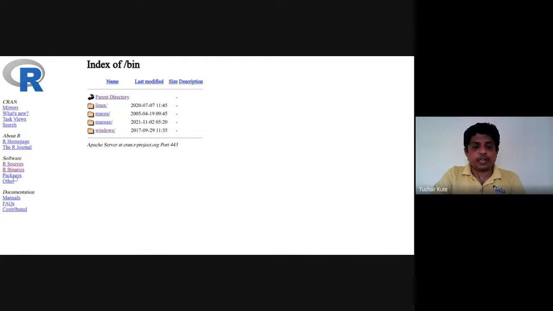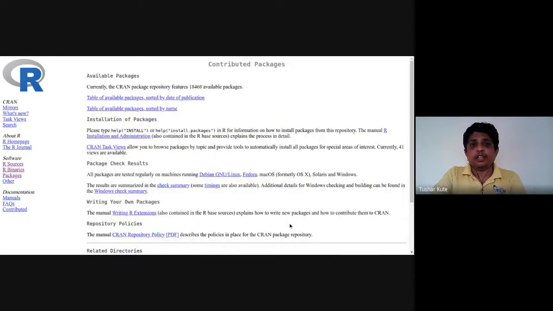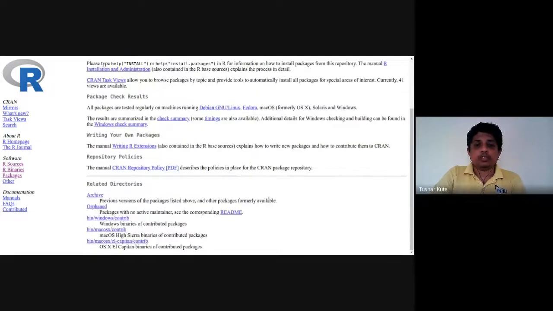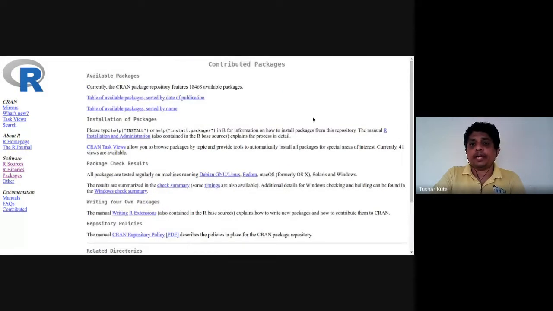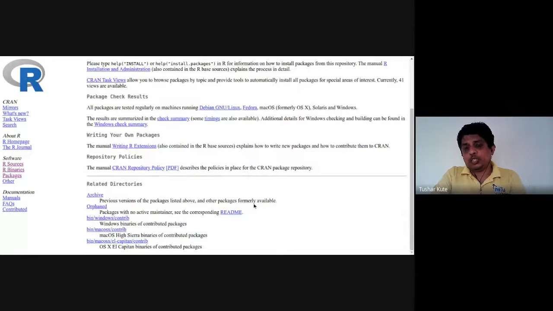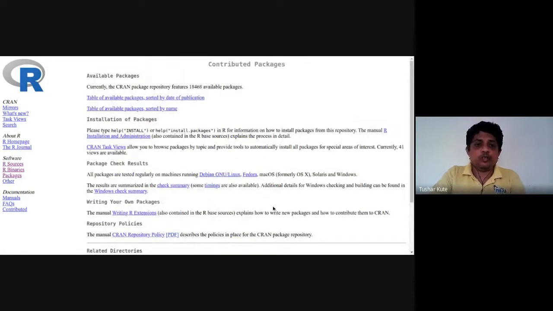And packages. Packages are the extra abilities which are given to the programming language. Most of the time we have to install some extra packages. Maybe for machine learning algorithms, we require some extra packages to work. That I will show you. There is a command called install.packages. You can see this present here. With the help of extra packages, extra abilities can be given to the R programming language. You can download from there. The link you can see is there in the chat box. Now only the basic interpreter will be given to you.